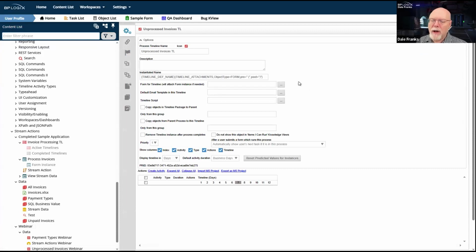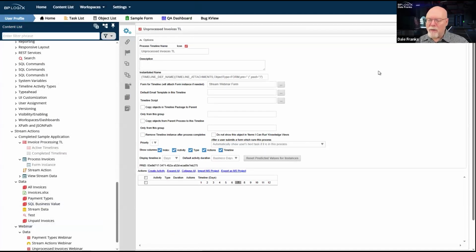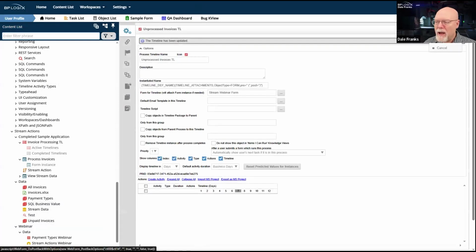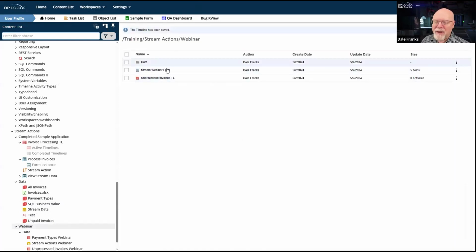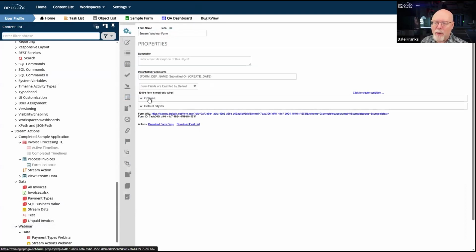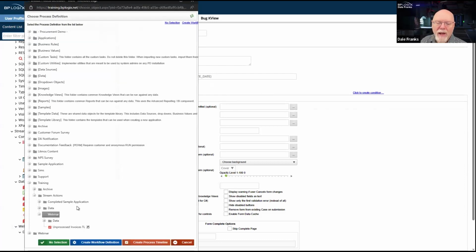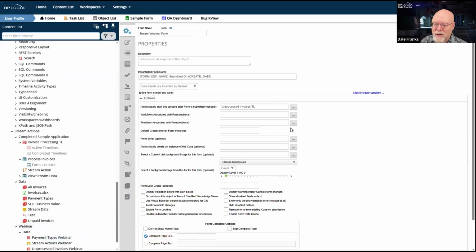So we're going to go into form for timeline, and we're going to attach our stream webinar form to it. And we're just going to hit OK here. And I didn't hit OK, but I did that time. And now we'll go back to our webinar form. We'll go back to its properties tab, and we will link the process timeline. And we'll set this to unprocessed invoices TL.